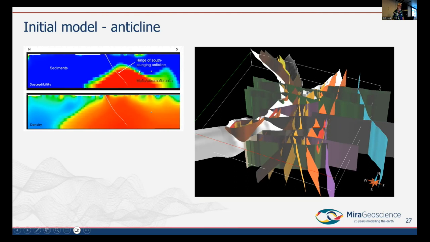And you can see in the magnetic model here that the zone of high magnetic susceptibility crosses that contact. We've got metasediments on one side and mafics on the other, but the magnetic inversion is saying we've got magnetic material on both sides of the contact. And in the density inversion, this is an unconstrained inversion, but still we get this very clear dipping interface, dipping to the north, and the hinge of that anticline is plunging to the south. So we didn't really like that.